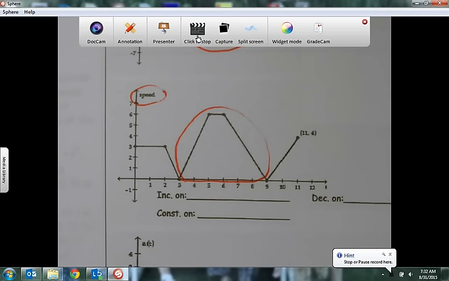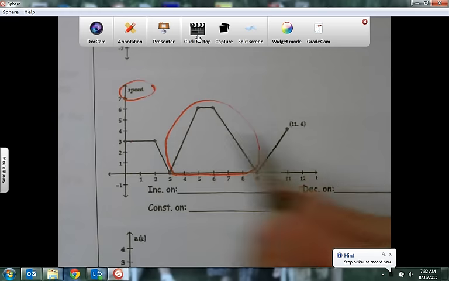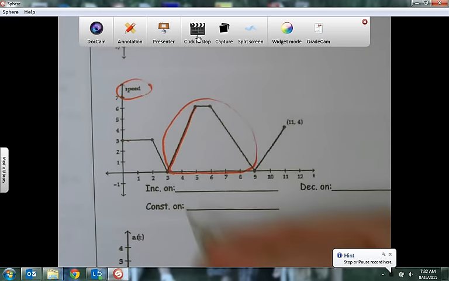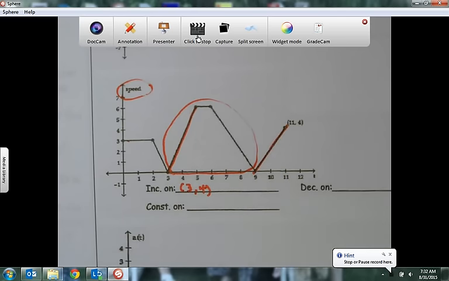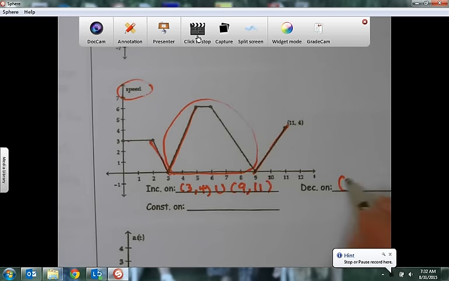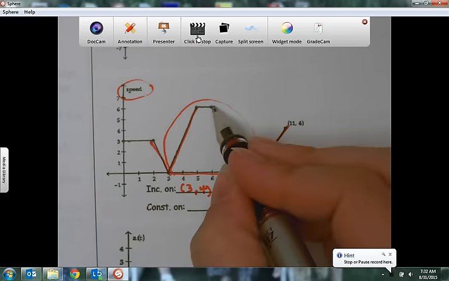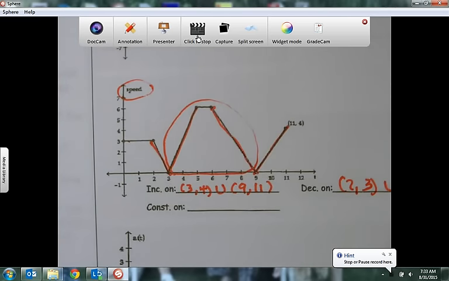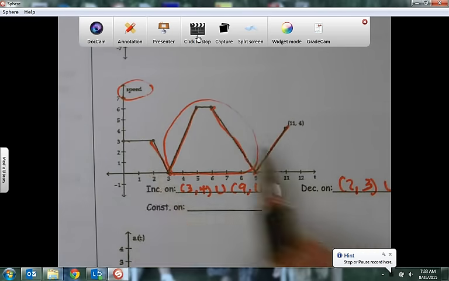So it flips it over the x-axis, or in this case the t-axis. So here speed's going to be increasing from 3 to 4 and from 9 to 11. Speed's going to be decreasing from 2 to 3 and from 6 to 9. And speed is constant from 0 to 2